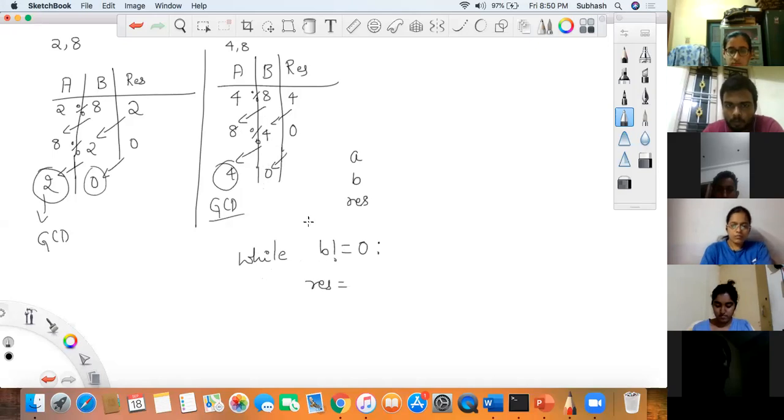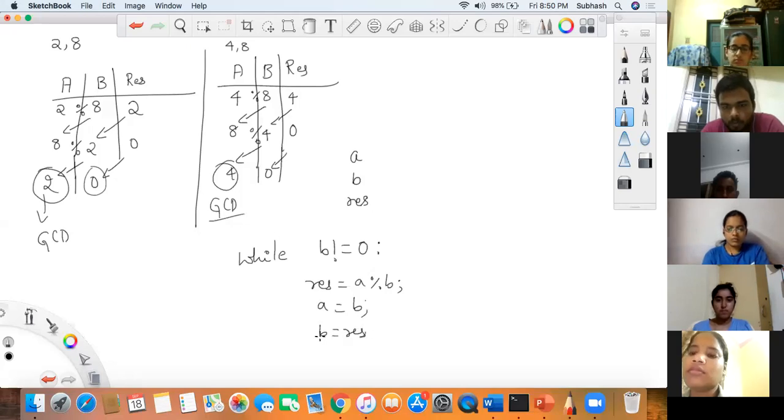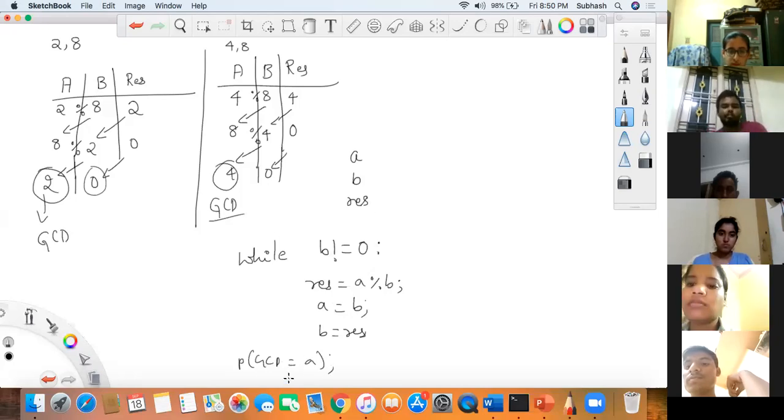Result is equal to A mod B. Then do the swapping: I'll put whatever is there in B into A, and whatever is there in result into B. Once B becomes 0, I'll come out of the while and print GCD is equal to A. You will find your GCD. That's all. This is your actual code.